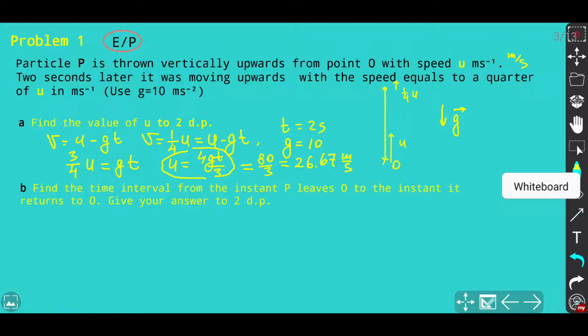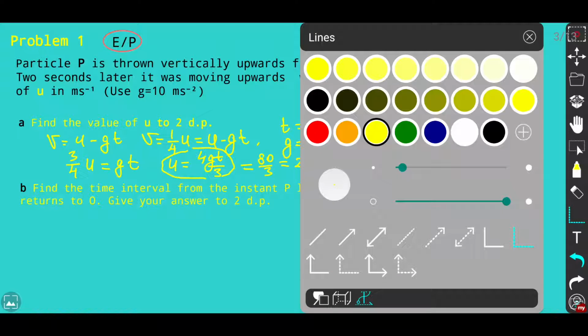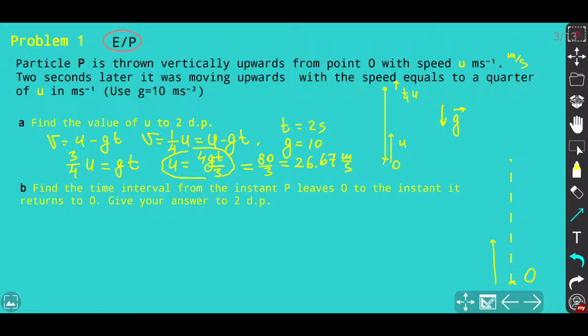All right, how does it look? Let's put drawings first of all. Let's say here is the point O. It starts from here with the initial velocity as we defined before, that initial velocity that we found, and after reaching the maximum height where velocity, or speed, is 0, it goes backwards. Obviously, due to the fact there is no air resistance, it comes back again to point O with the same velocity,